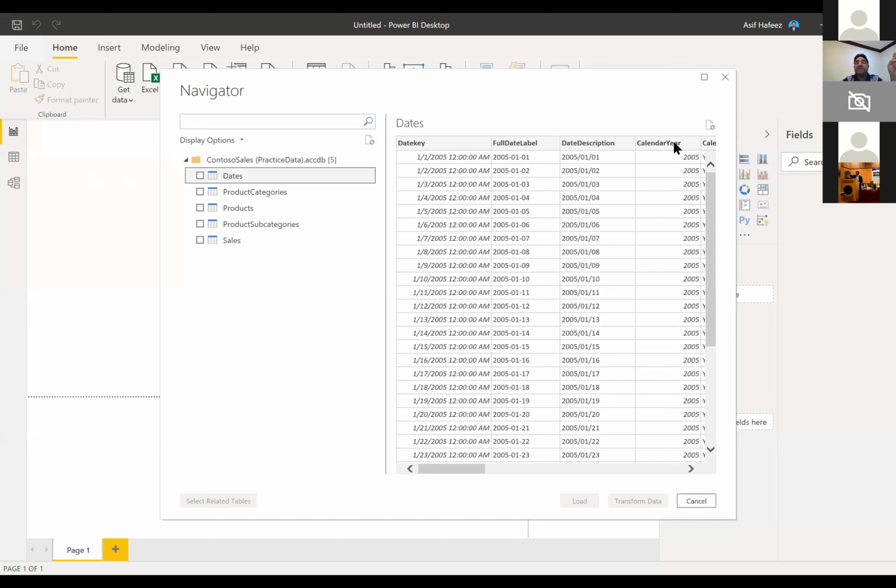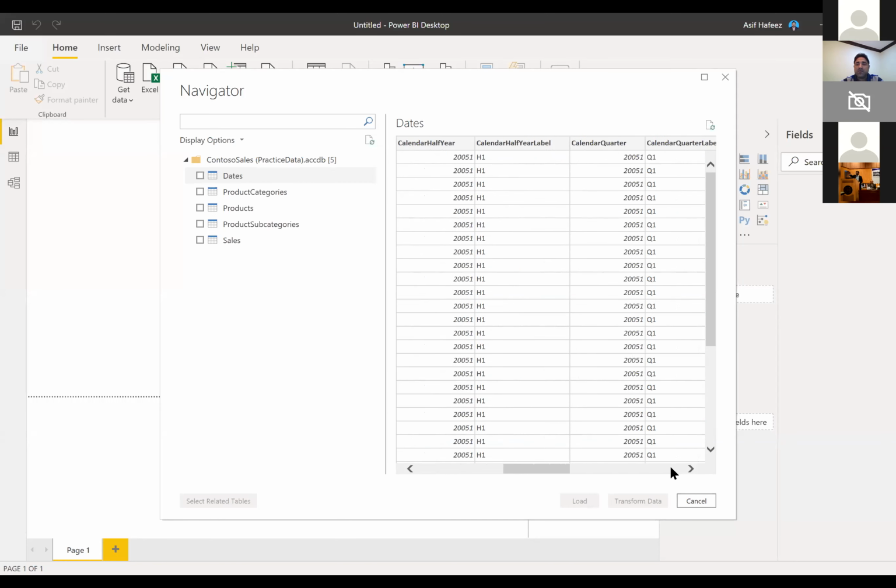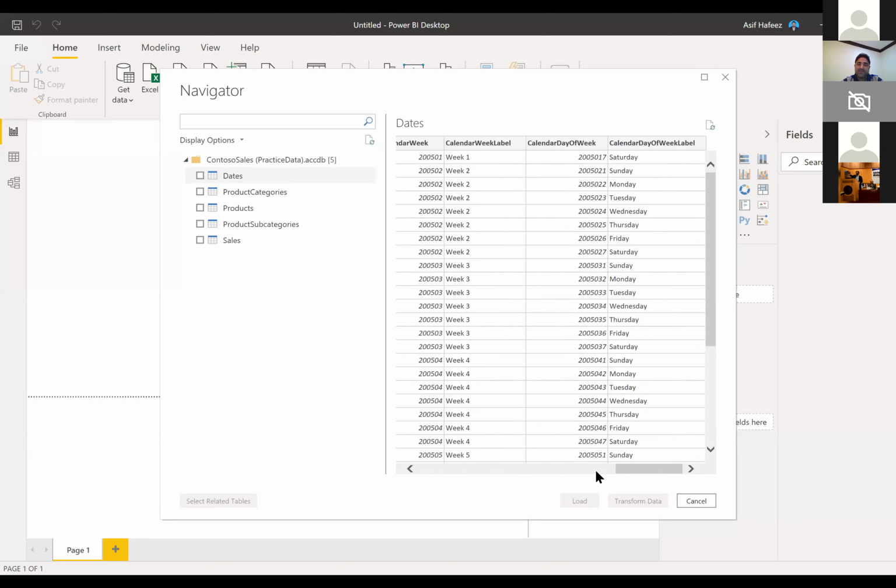The fourth column, if you remember in my Excel file, was calendar year. This is exactly the replica of whatever was in Microsoft Access. So we have just created a connection. We are not pulling data into Power BI. I just created a connection with the help of Power Query. So these are the calendar years. Now, if we move forward, there are all the columns which were appearing in